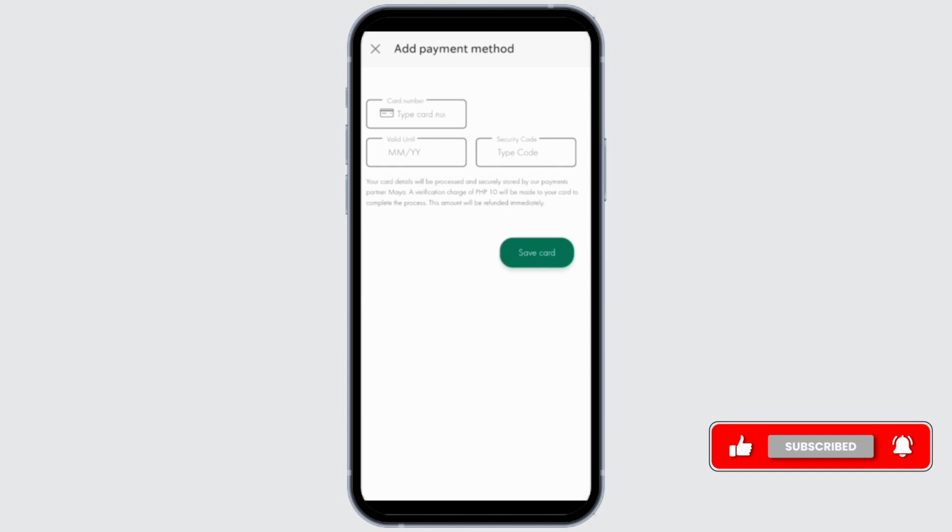In the interface that you will further be led to, you will be required to enter your card details. So, go ahead and enter your card number, valid date, and security code and tap on the Save Card button, and with this, your card will be saved,